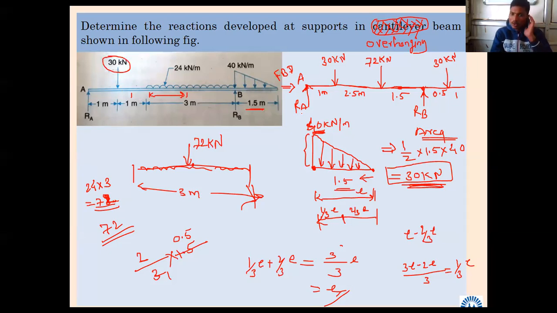UDL, we know. First, we have to calculate the intensity of that load. How do we calculate? On how much length it is distributed, just multiply that by the length, and you will get that load. Means 24. आपल्या केस मध्ये किती आहे, 24 एवढा त्याची इंटेन्सिटी आहे आणि तो आहे मात्र 3 मीटर लेंथ वरती. So that's why we go for 24 into 3, it will come 72. And UDL is very easy. As it is uniformly distributed, we should apply it at the midpoint. Simple logic: as it is uniformly distributed over the certain length,